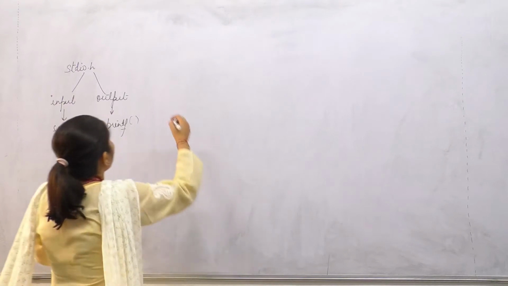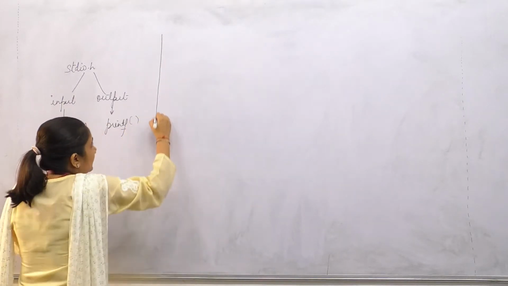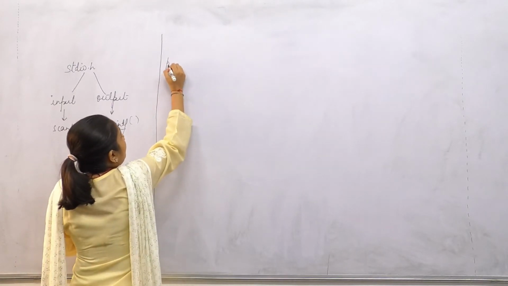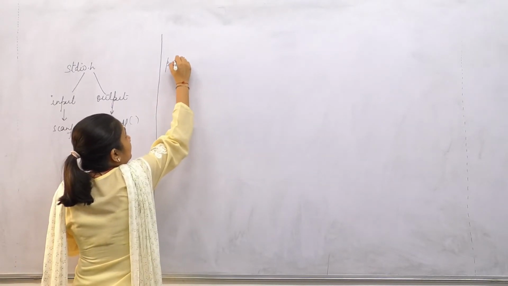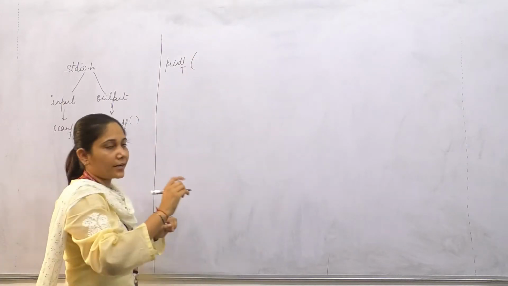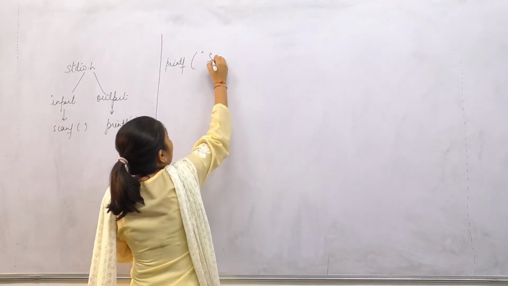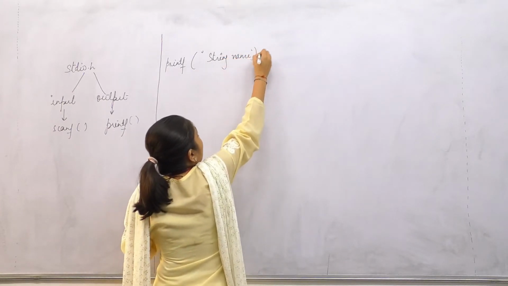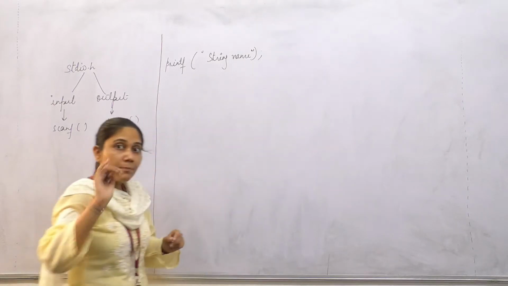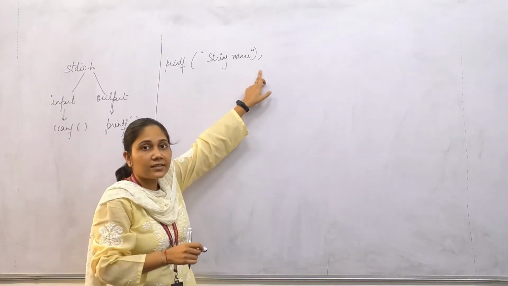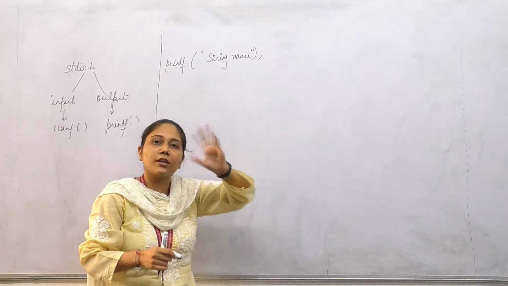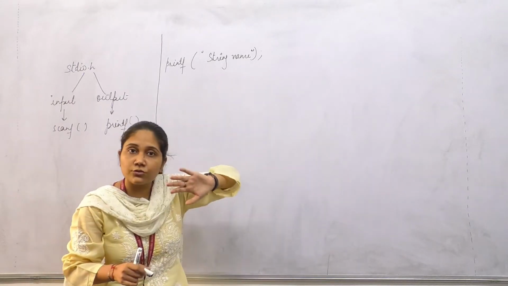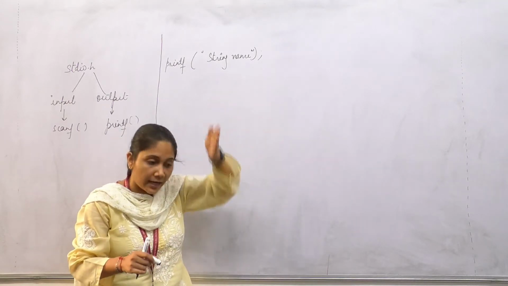Now see, what is the syntax of printf? Printf, and in this bracket you will be writing any string. String means a collection of characters, and then a semicolon. Make sure that at the end of every statement you put a semicolon. Semicolon is like a full stop, or purnaviram in Hindi. As in English we use a full stop, and in Hindi we use purnaviram for the end of a statement.